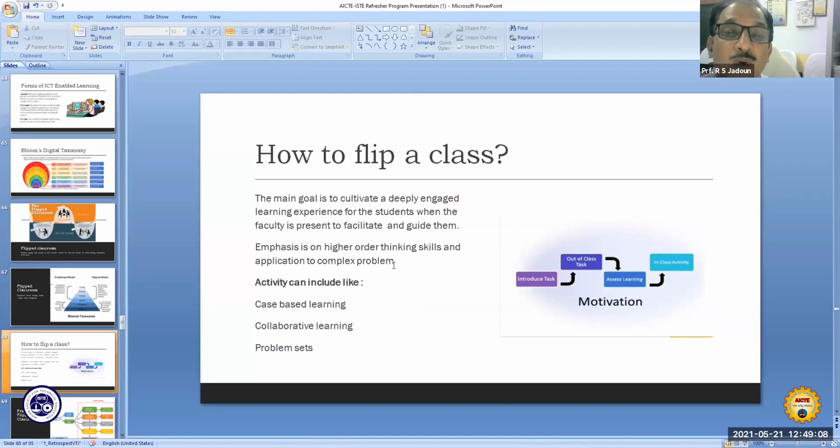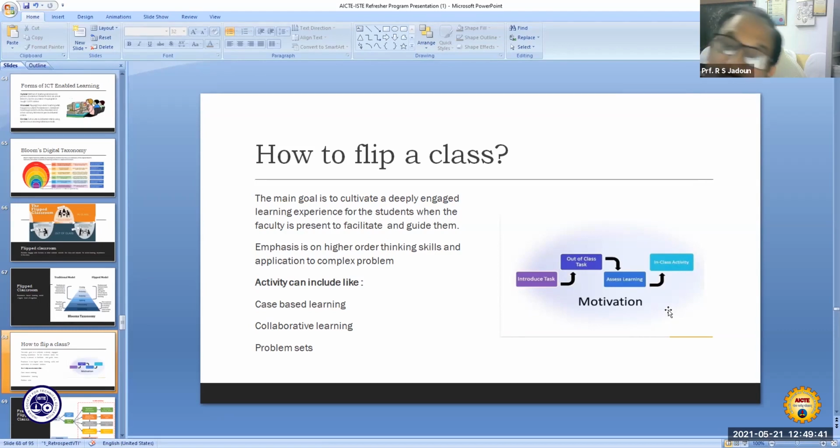So what is the goal? The goal is to cultivate a deeply engaged learning experience for the students when the faculty is present to facilitate and guide them. So here the emphasis is on higher order thinking skills and application to complex problems. In this, you can include case-based learning, collaborative learning, problem sets, and in this way, there is higher and higher motivation also.